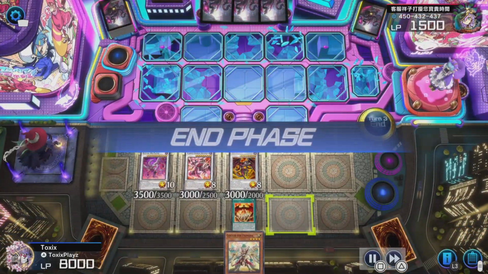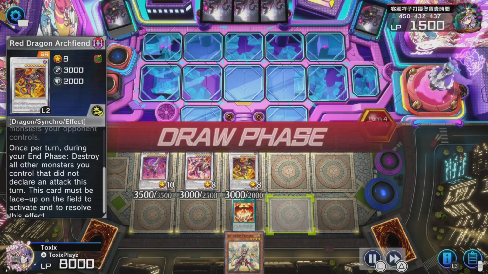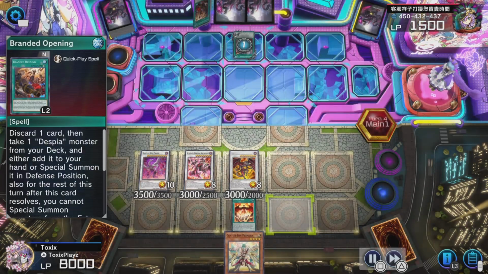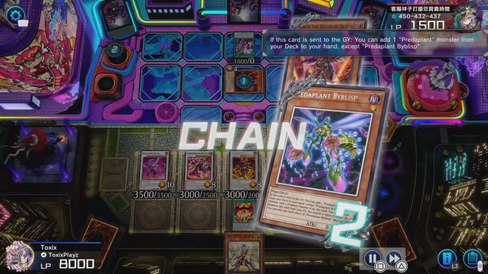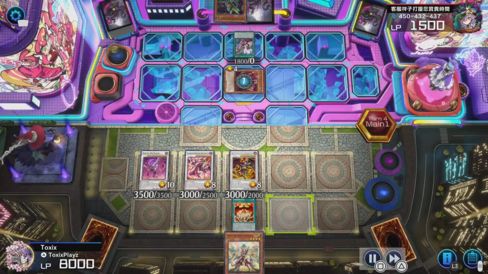But yeah, I did give Predaplant a try. I gave it an honest try. I spent like, I think, 6 hours trying it over the course of a few days, and just don't. Honestly, I could not think of a way to make pure Predaplant work. Like it's just bad. Biblisp effect is going to add a Predaplant Spell or Trap, I believe, or Predaplant monster,